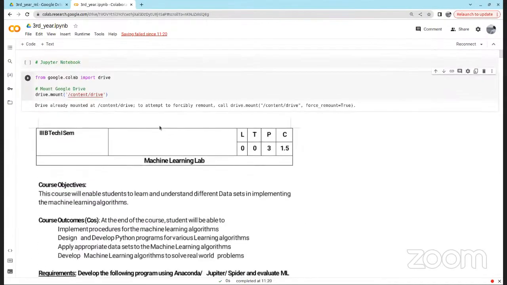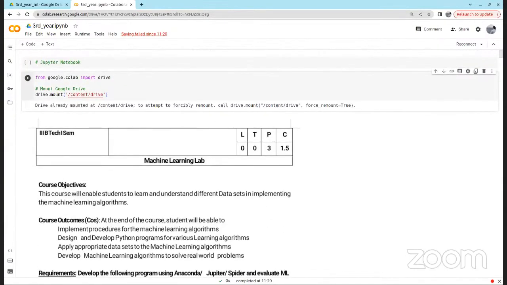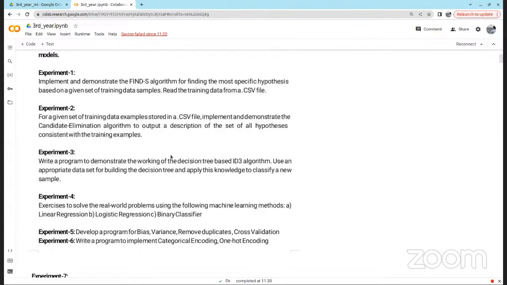Because there are so many more students compared to earlier, I'll give a brief about Google Colab again, and probably a little bit about the ID3 algorithm. I'll spend very little time on these two.